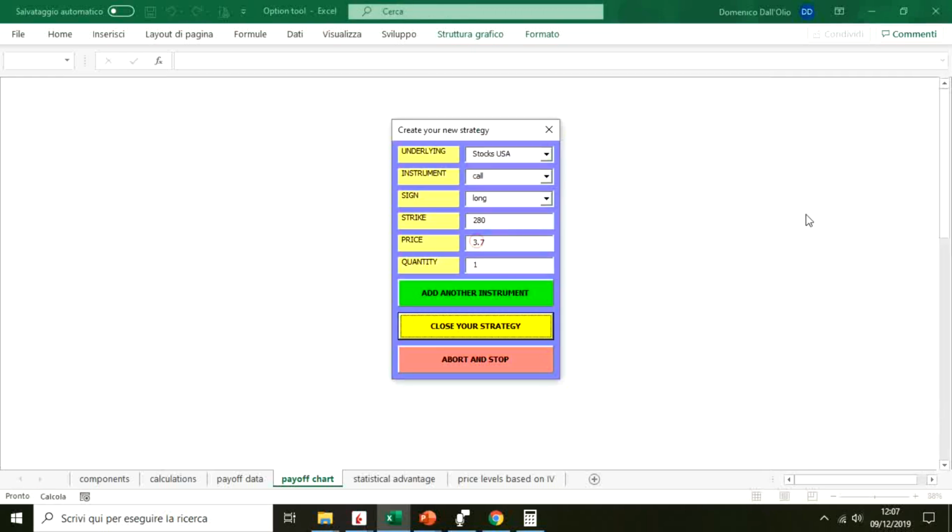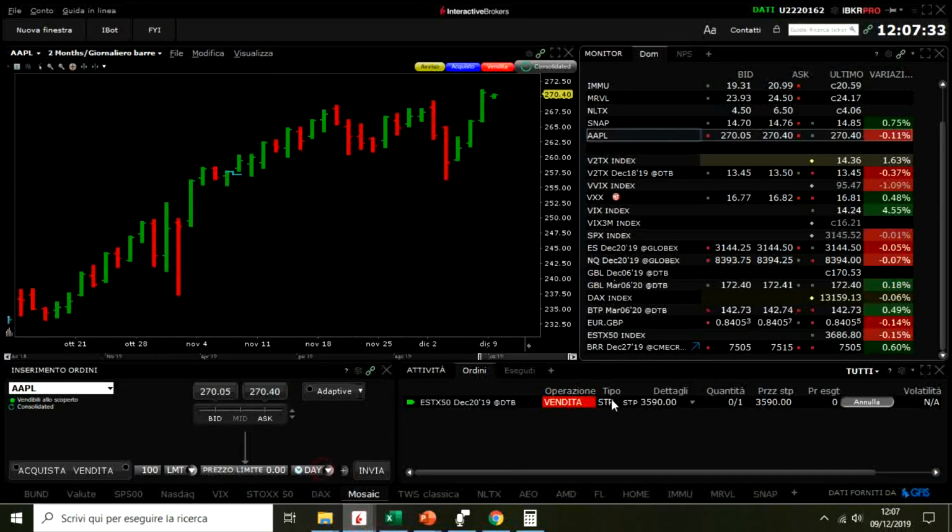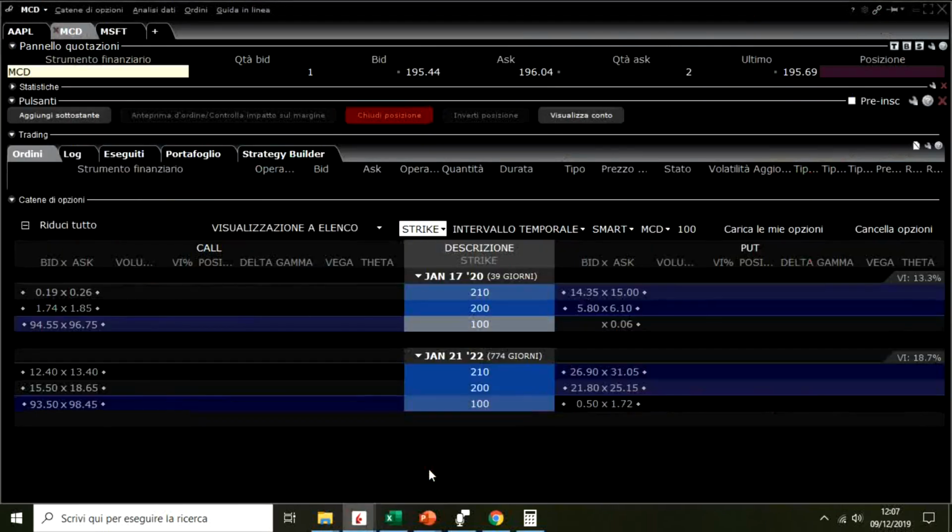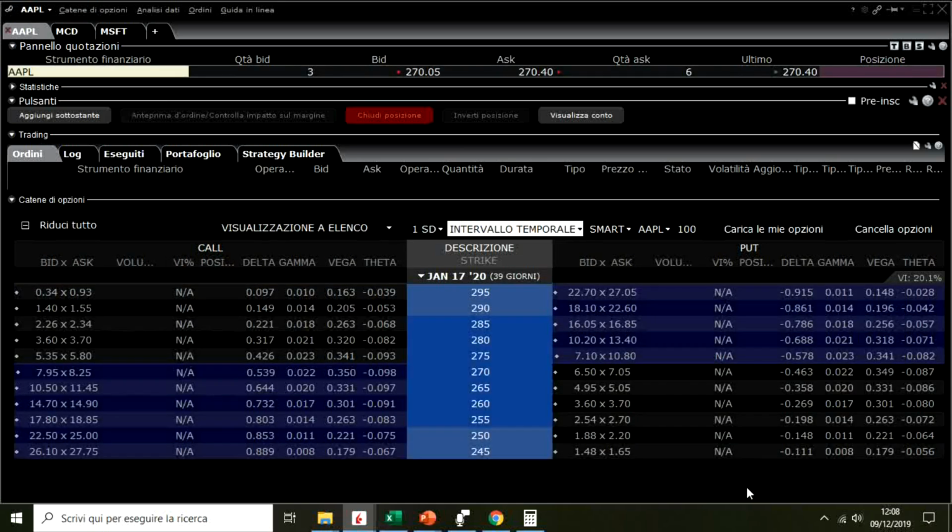Let's create a new strategy. Let's take some real data and let's see if we can make a good example. I don't know, I will shoot in the dark, hoping to catch something. Okay, let's take Apple, because on Apple there's a situation that is interesting to see in this field. Okay, the idea is